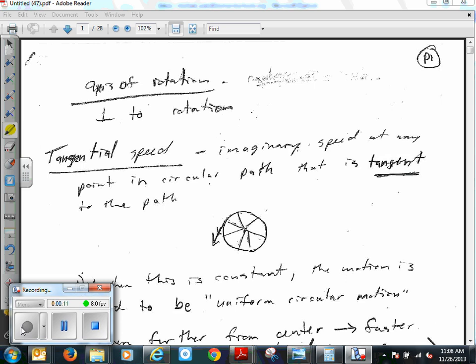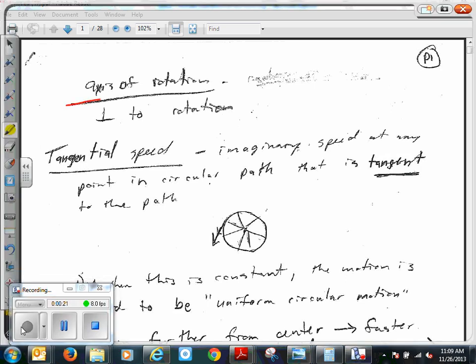We're talking about force of gravity. We're talking about torque, but we need to talk about a couple other things first. Some definitions. So the first thing is axis of rotation. If you look on your notes, that's what it says. You might want to change it so you can read it.